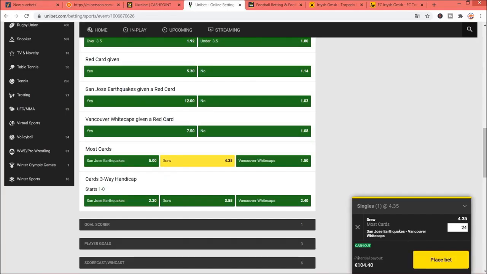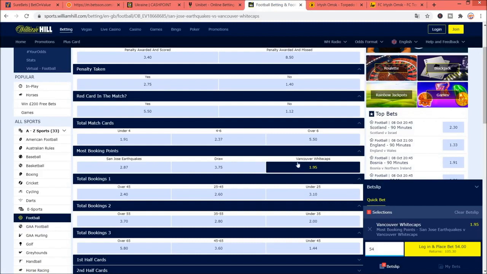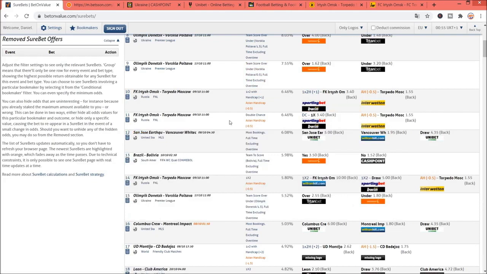You see here our potential payout is 100 for 40. And the third bet, what we need is William Hill at the odd of 1.95 with 54 euros. So we see here Vancouver Whitecaps. If we place here 54 euros, you will also get a payout of 105 euros 30. The third bet, what I want to show you in next step is the game here, for example, this Russia